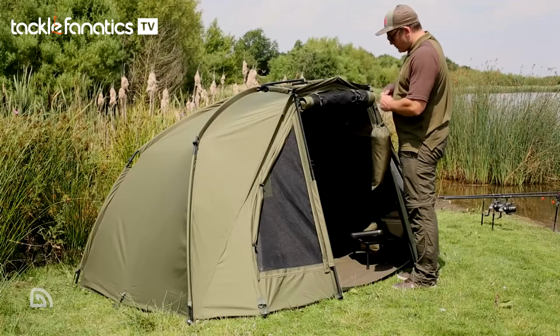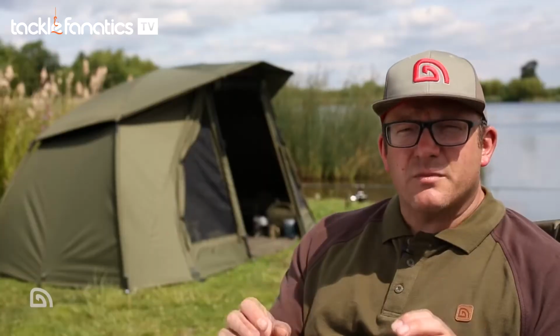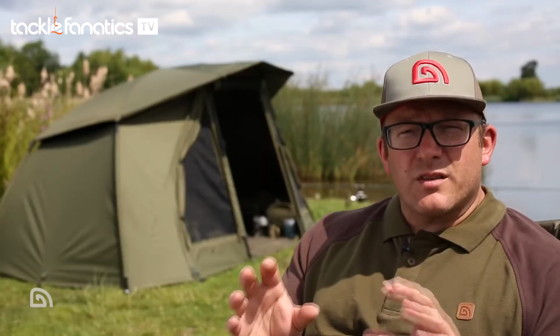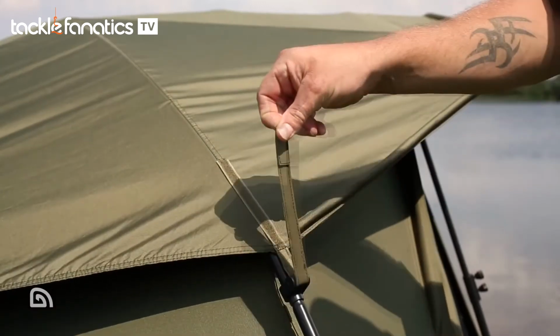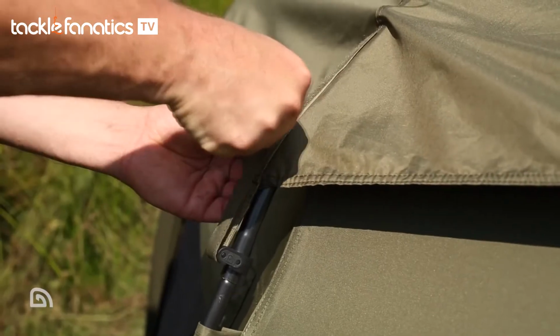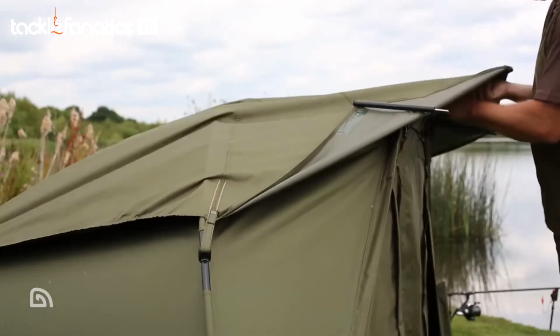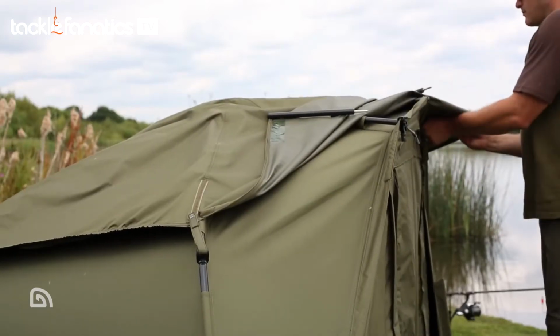In terms of actually packing down your bivvy with the skull cap attached, it differs slightly. You need to release the tension on each of the 5 poles, but just so the Velcro is just catching, so they're still attached but not fully fixed. And then come around to the front of the shelter and just carefully pull out each of the 3 spigots,